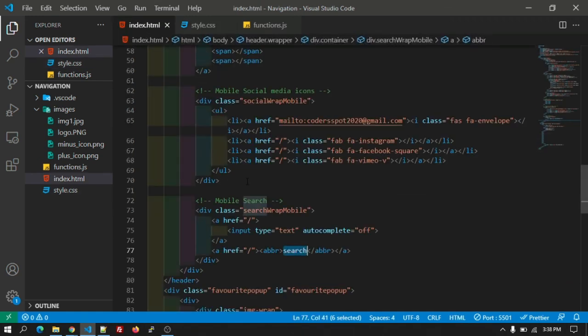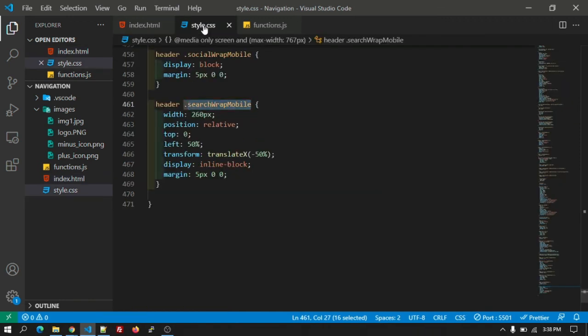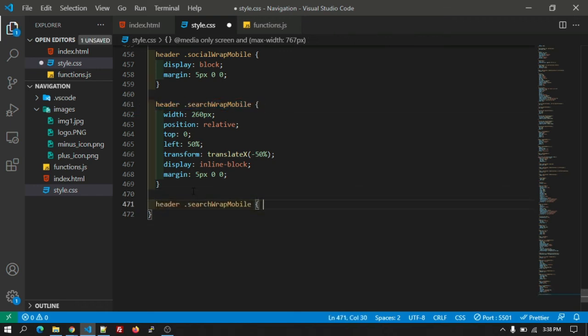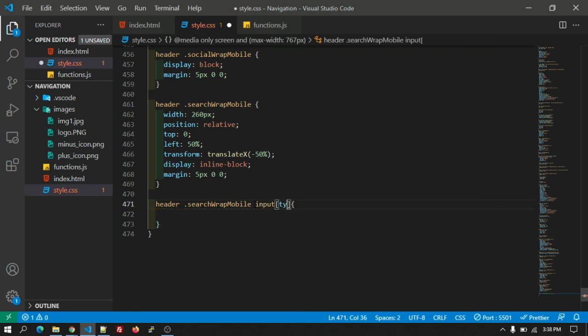Okay, so we have added the CSS for this class. So let's add the CSS for the input tag. Let's copy this and paste it below, and after that, input type text.